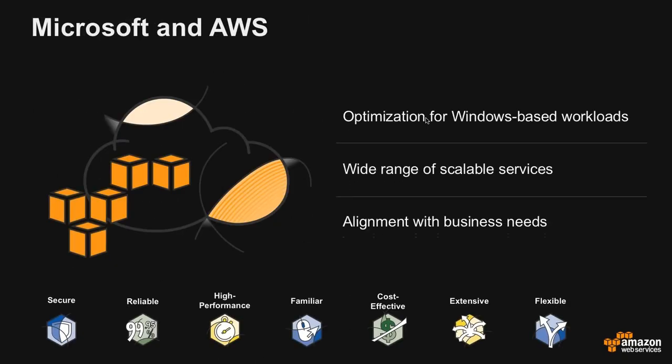So, Microsoft and AWS. AWS, as you know, is a cloud computing platform that's optimized for Windows-based or Microsoft workloads. This platform provides a wide range of scalable services, and these services align to maturing and ever-changing business needs. Within AWS, we have a dedicated team responsible for focusing on Microsoft workloads. Their key accountabilities are for delivering a highly secure, reliable, performant, familiar, cost-effective, extensive, and flexible offering that supports all